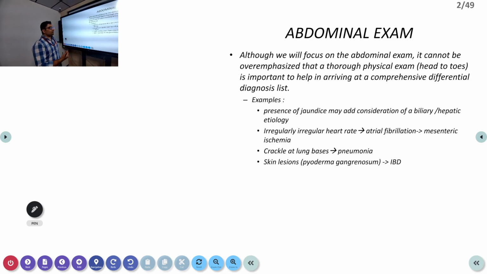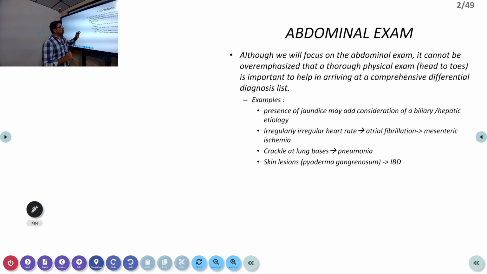If you can palpate a mass there, then that may correlate with the pathology, but pain as such is very misleading. So we will discuss the abdominal examination, as we already discussed. It is very tricky, and in the differential diagnosis, the diagnosis may be very different from what you expect.